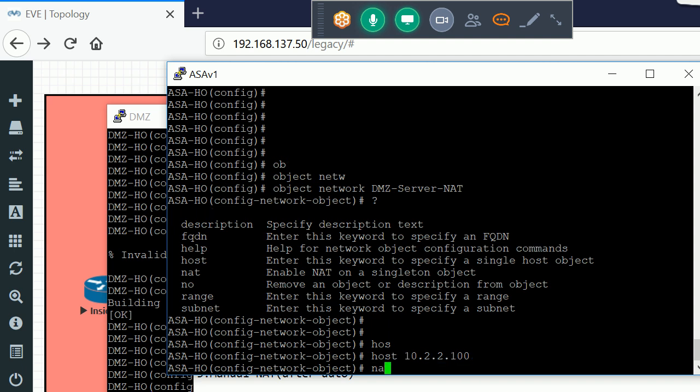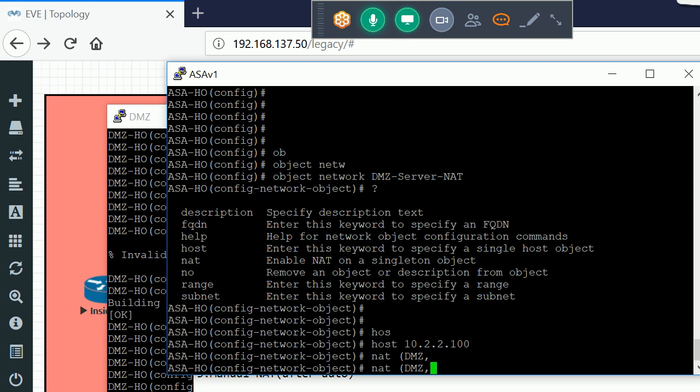After that I run this command, nat. Where is my DMZ server? In the DMZ zone, so I'll just call it DMZ. After that, where do I want the access for outside users? So here I put the outside keyword.